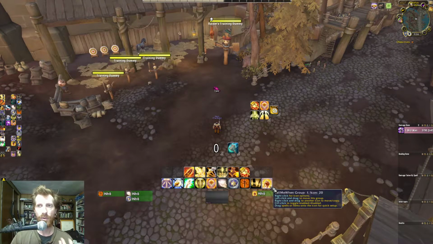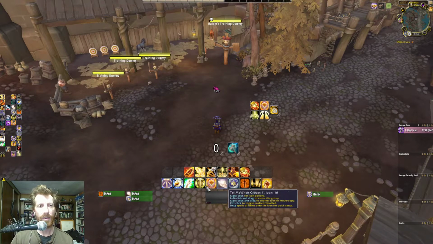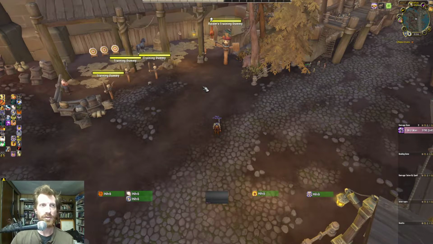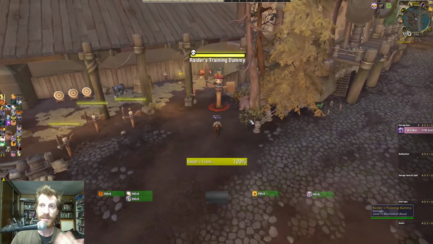A lot of these tools in a raid or a Mythic Plus you may not be using all the time, but you'll need to adjust that as you like. But I would encourage you to still maintain all of this information in a way that is clear for you and concise, but is still visible. The one other element I would suggest that I didn't mention in the rotational video because it's less important is